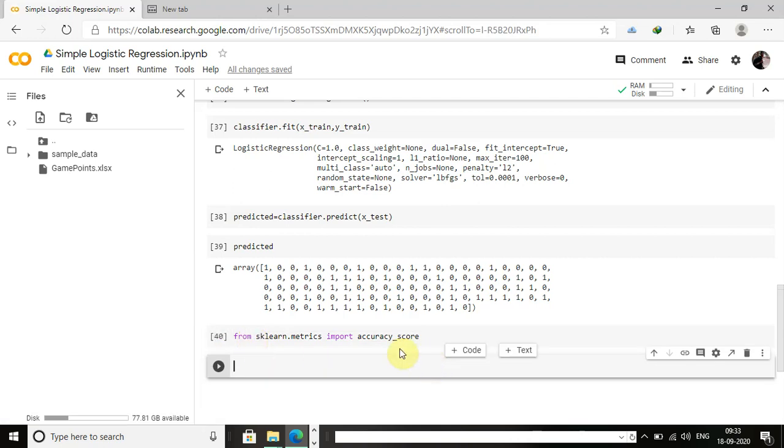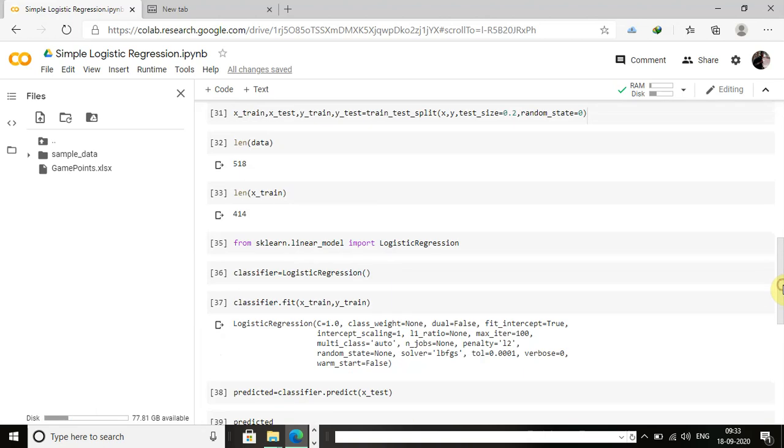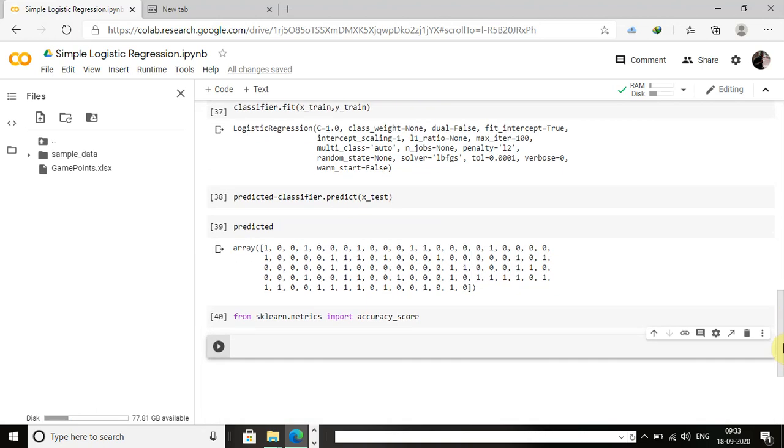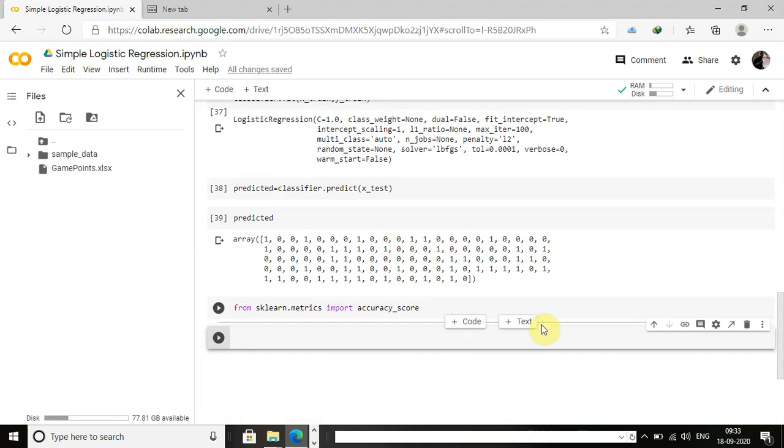Now I'm going to pass these two variables, which are y_test, which is already separated from the data set, and predicted, which is predicted from the model.